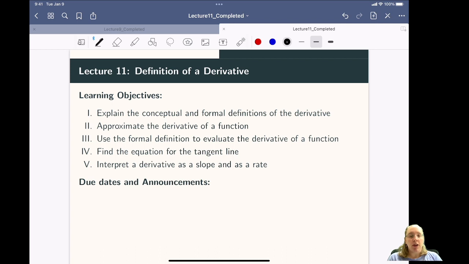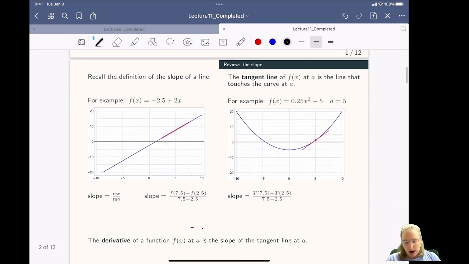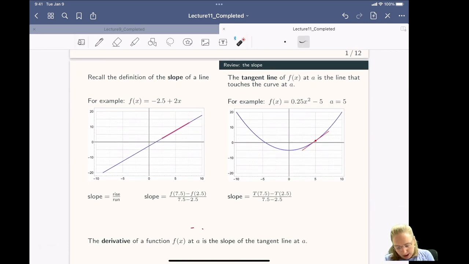All right, so you're going to learn a lot about derivatives in this lecture, but at their core, a derivative is simply a slope. So let's start by reviewing a slope. Recall from high school math that the slope is given by the rise of a function divided by the run of a function. So if we have, for example, this line here, we can calculate the slope by saying, what